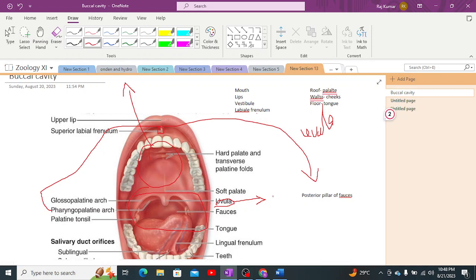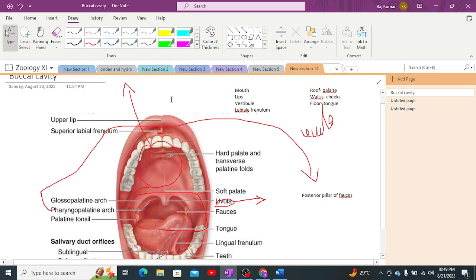The uvula is a fleshy structure made up of muscles, and behind the uvula we have the structure of the palatoglossal arch. What is the palatoglossal arch? First, let us discuss what the soft palate is composed of. Soft palate is generally composed of